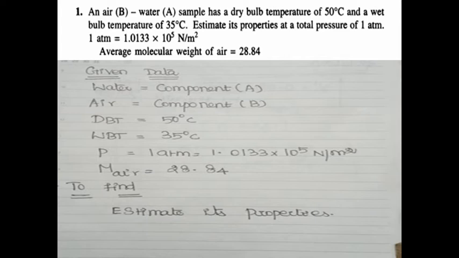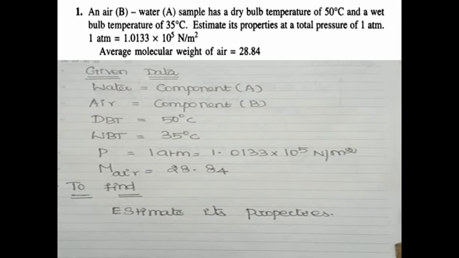Okay. So one thing is very important here. How will you check this problem under psychrometric chart? For this problem, no pressure data are given. So no vapor pressure, no partial pressure. So better we are going to use the psychrometric chart to determine air-water system properties. Are you clear or not?